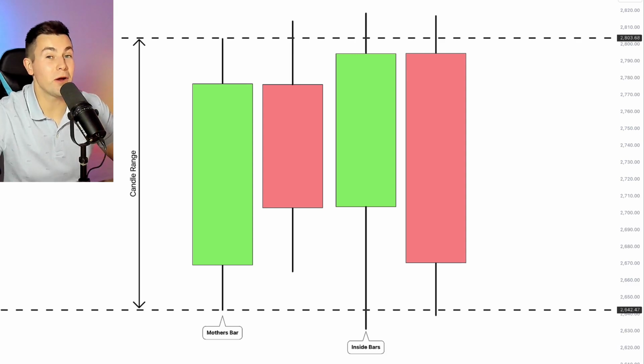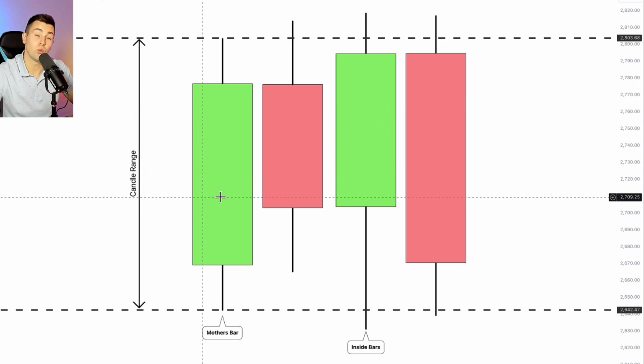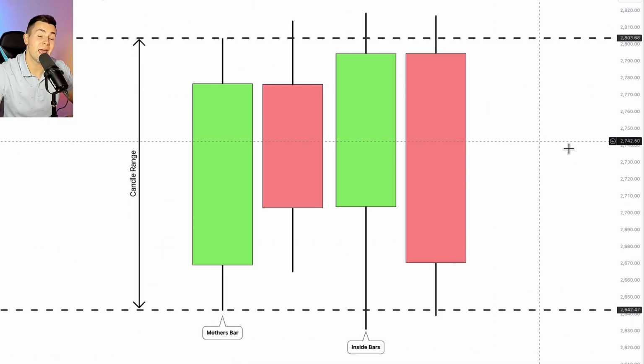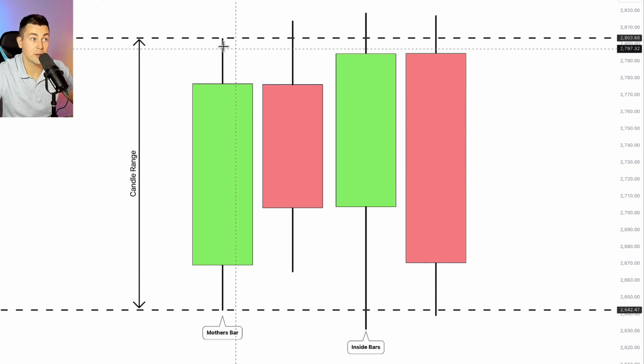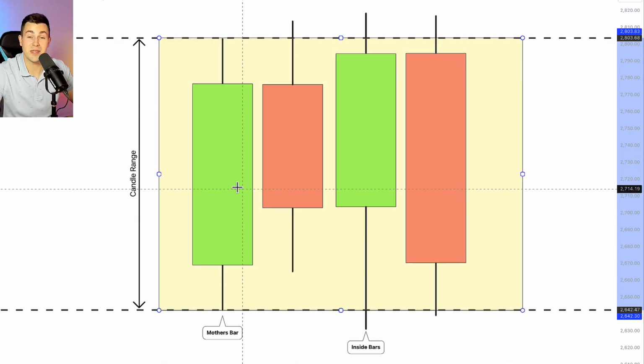Let's start with the basic theory and let me show you how this candlestick pattern looks. This pattern is called the inside bar candlestick pattern formation, and it is based on two important elements. The first element is a strong bullish or bearish candle. Once you spot such a candle, underline its range from its low to its high. The candlestick pattern will be confirmed when at least two consecutive candles close within the range of the first